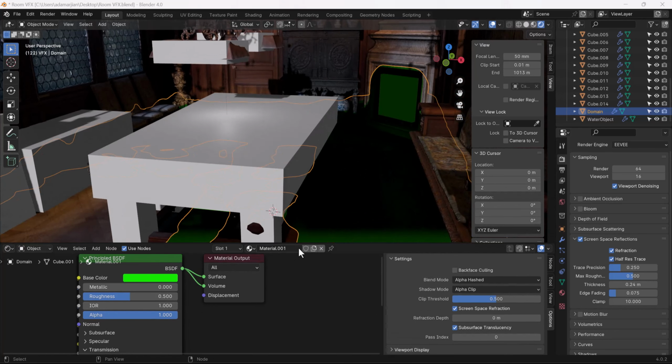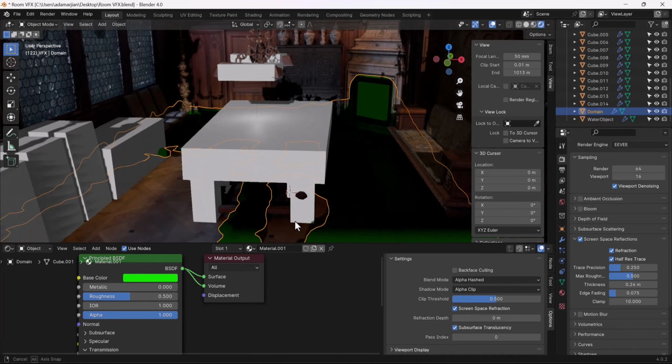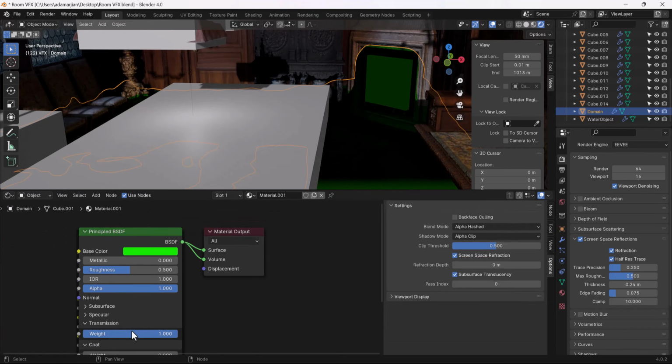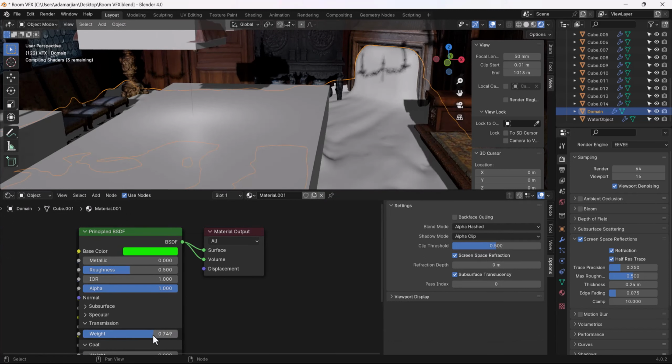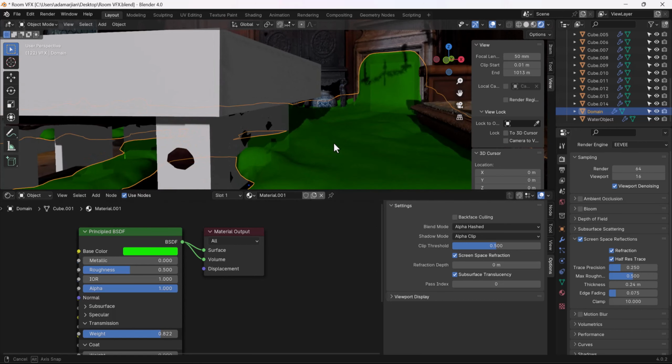Now IOR stands for index of refraction. It's pretty much how the liquid will reflect the light. And then let's adjust our transmission. That's how transparent it is. So maybe something like this. I want it to look like